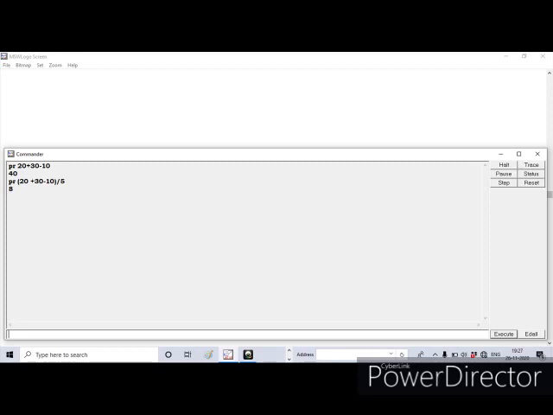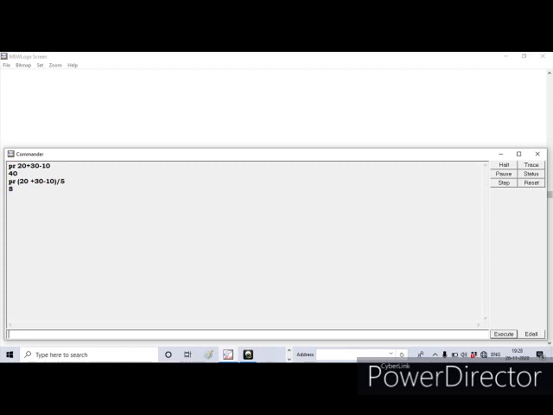So addition, subtraction, multiplication and division can be done with the help of print command in Logo, and either we can do the operations separately, or we can do the calculations together. So if a statement contains both addition, subtraction, division and multiplication, addition and subtraction should be done first, and that should be put inside a bracket. Understand? And then you have to perform division and multiplication.